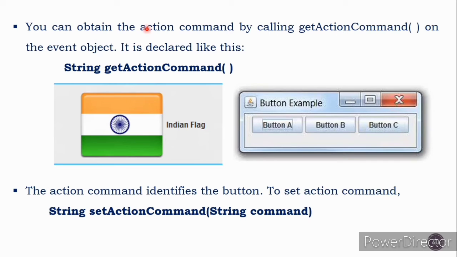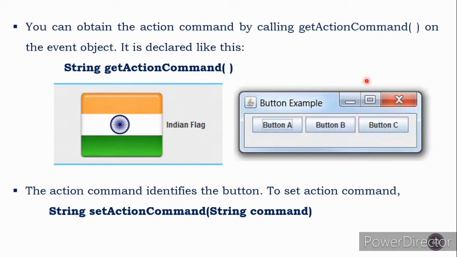We can obtain the action command by calling getActionCommand on the event object. It is declared like this: String getActionCommand. Already I have told you, when I click on or push a button, some action is generated, which means an action event is generated.